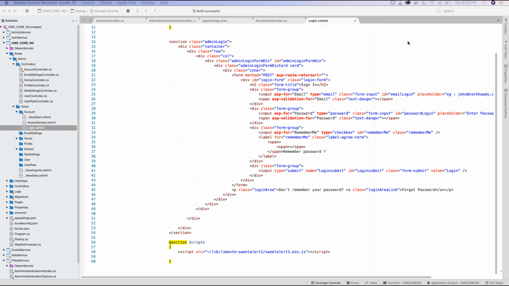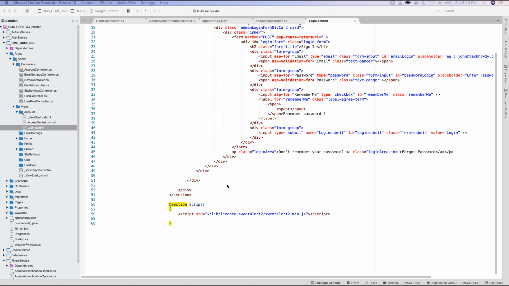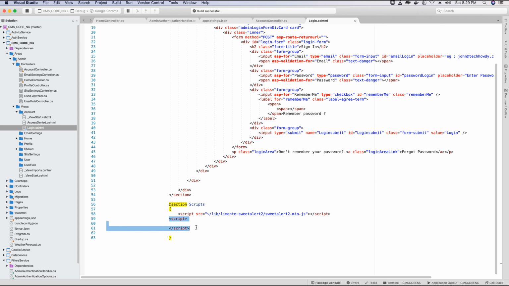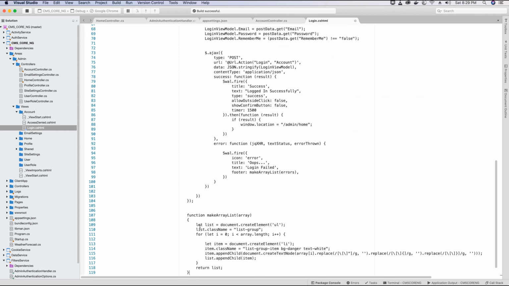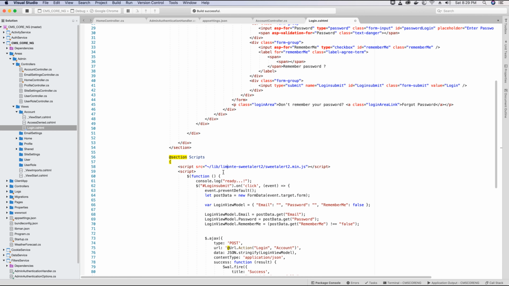Here inside the login Razor view, under the section for scripts, we will add another script tag that will contain all the custom logic that we will use to send the details of the user to the server or to our controller. Inside this custom script tag, we are going to write some custom jQuery code,